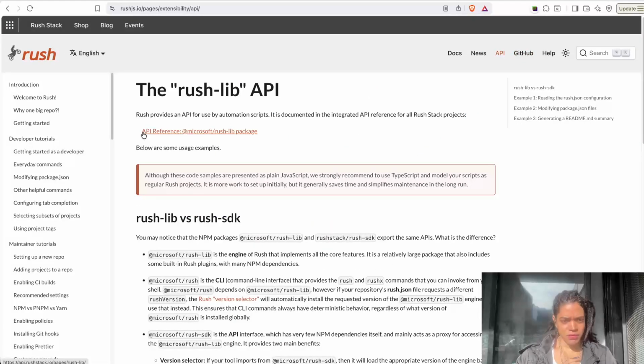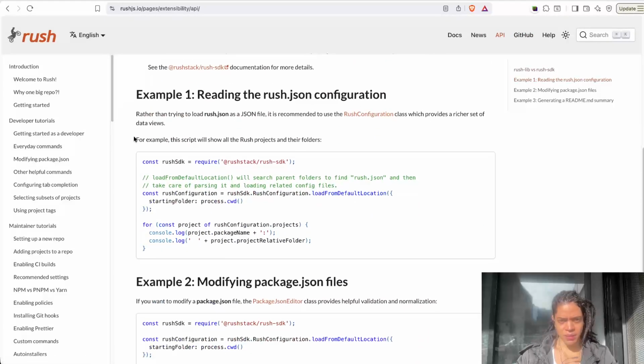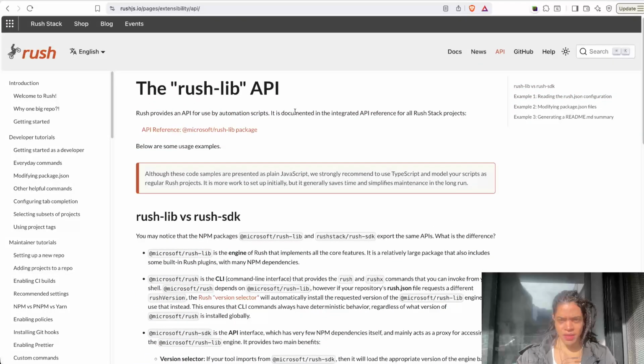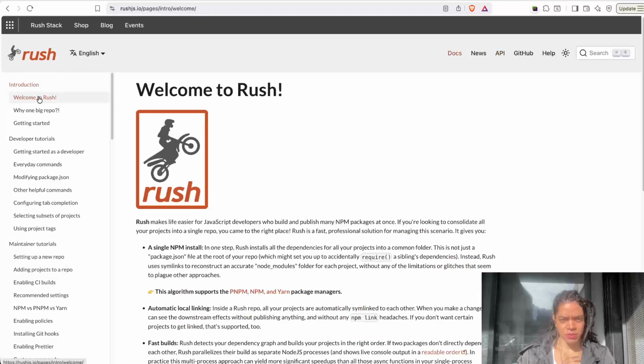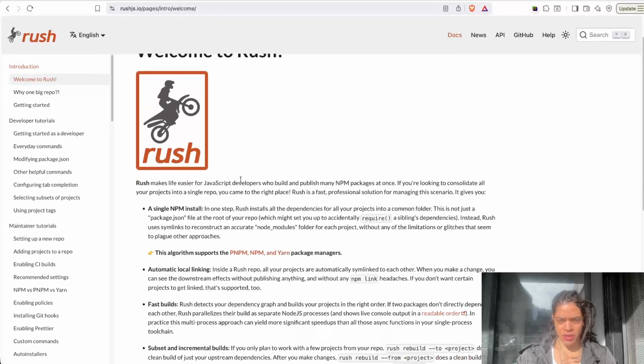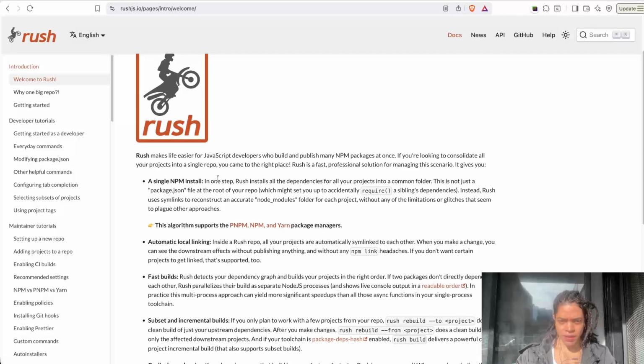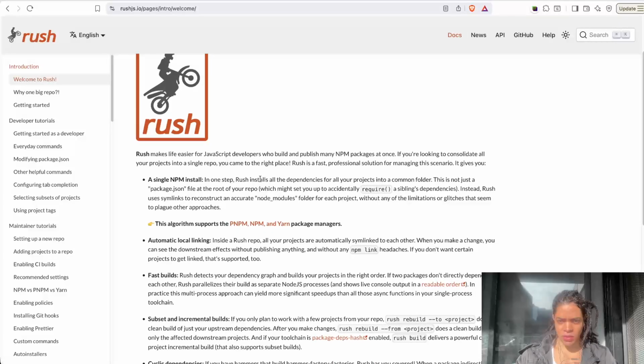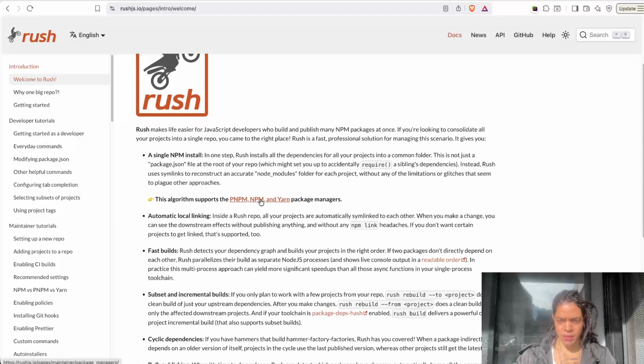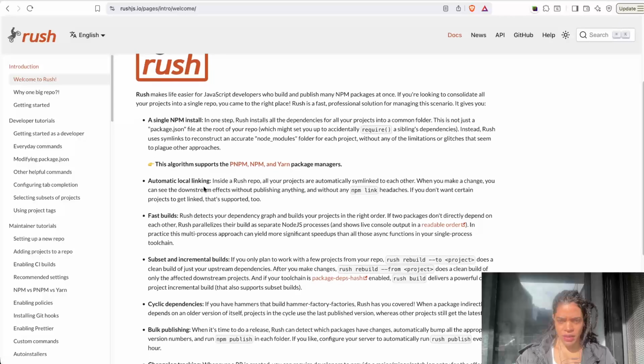Okay. Rush provides an API, but first, welcome to Rush. It makes life easy for JavaScript developers who build and publish many npm packages at once. If you're looking to consolidate all of your projects into a single repo, you came to the right place. Rush is a fast, professional solution for managing these scenarios. A single npm install in one step. Rush installs all dependencies of your project into common folders. This algorithm supports npm and yarn, with automatic local linking,